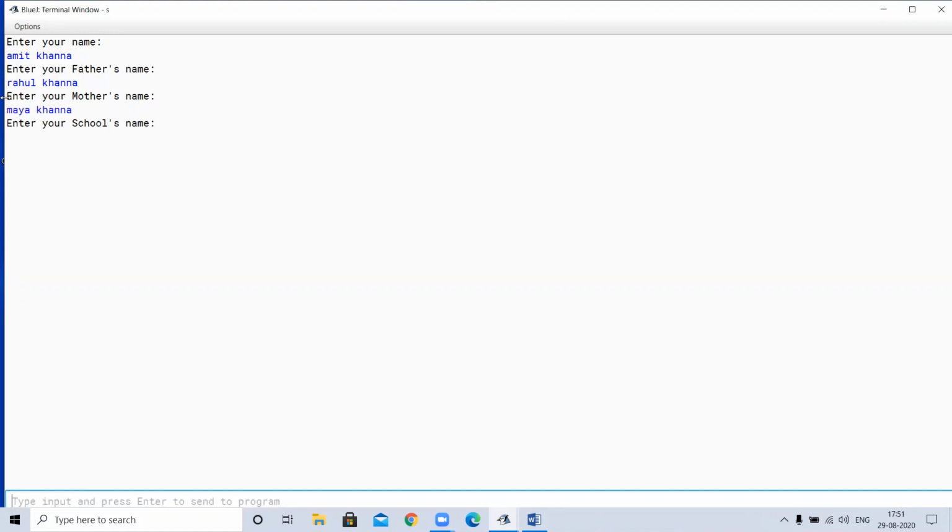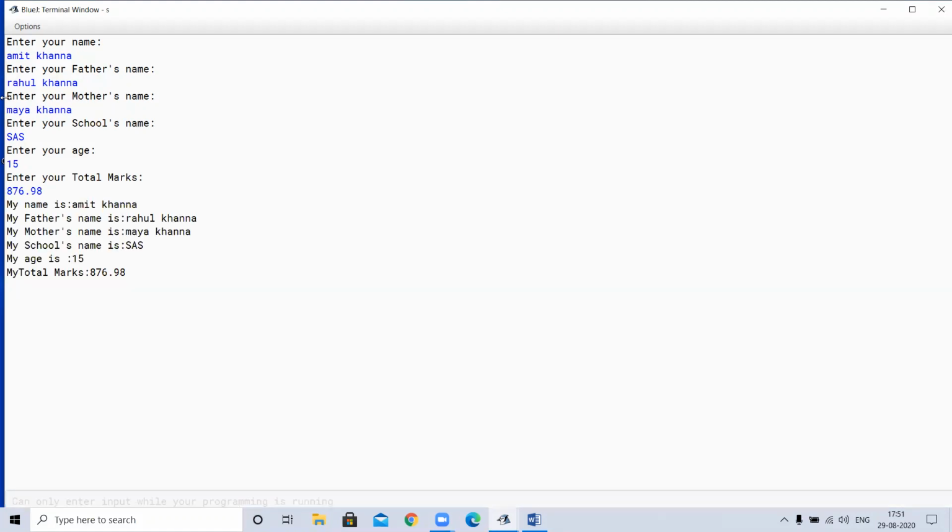Then enter your school's name, SAS, St. Anthony's School. Enter your age, 15. Enter your total marks, 876.98.